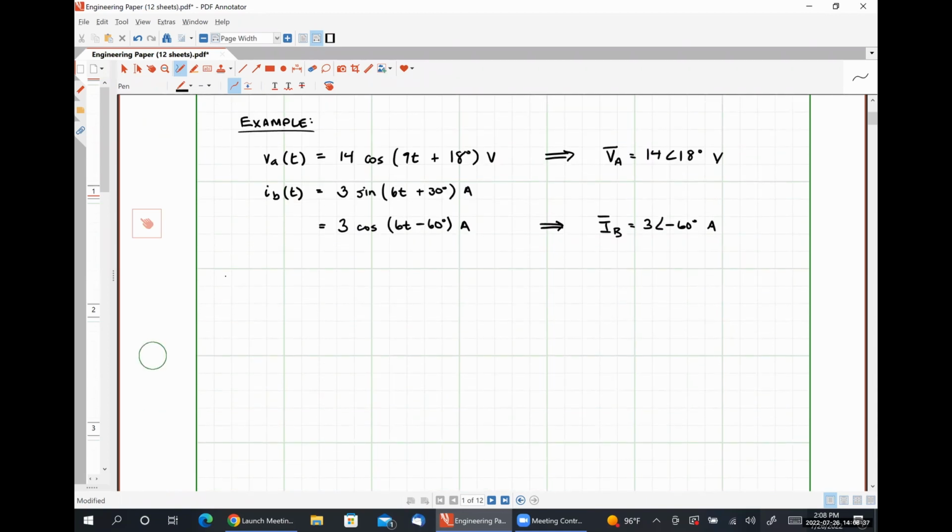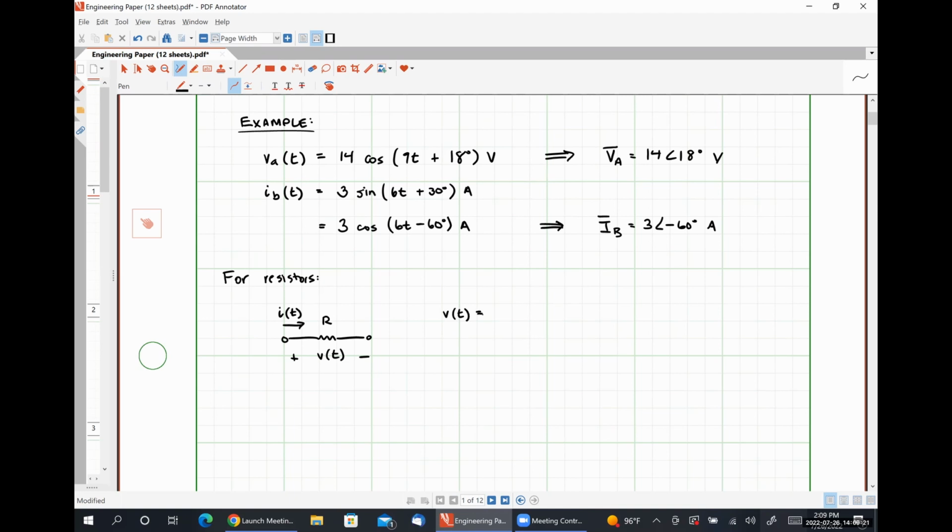So let's talk about resistors. Let's say we have a simple resistance R over which a sinusoidal voltage v(t) is applied and through which a sinusoidal current i(t) flows, where